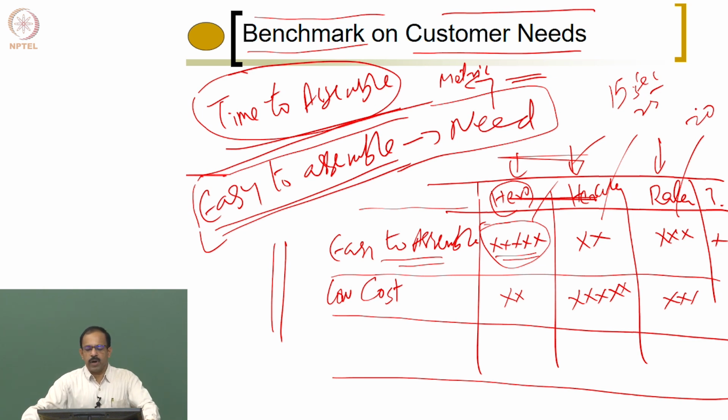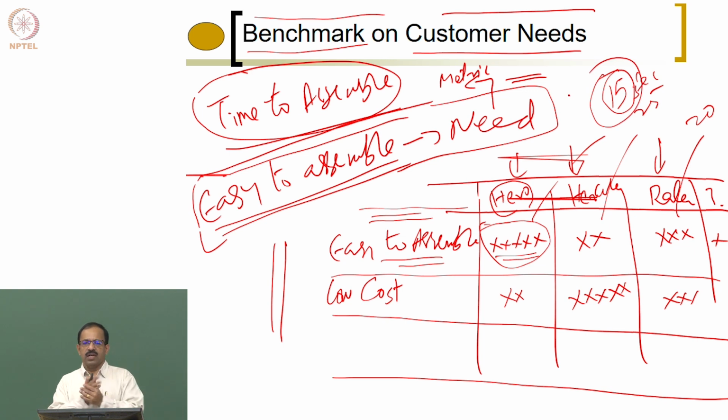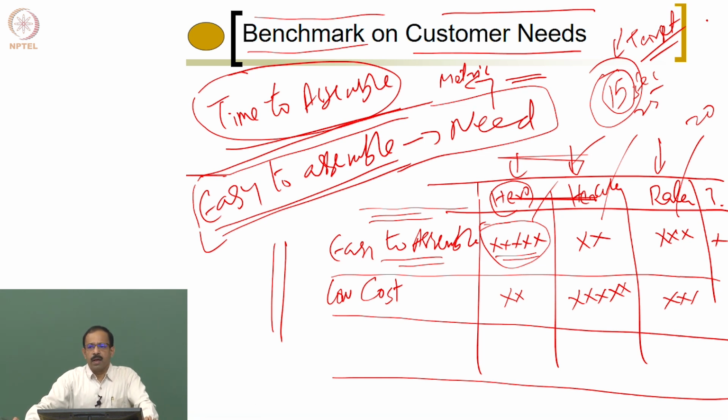So we will be able to identify these values from the products, and then we can say that, okay, since we have to make the cycle easy to assemble and existing products are using these values, either you have to use the 15, the minimum that is there, or maybe less than that. So that is some understanding that you can make. Your target value should be 15 or somewhere near that, depending on what you are looking for. So this is the way you get the target values or the ideal values for the metric. That is known as benchmarking to get the specification for a product.